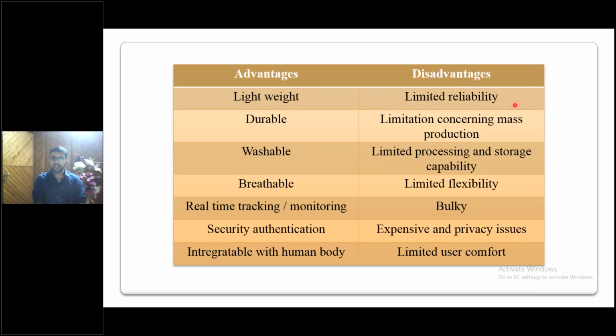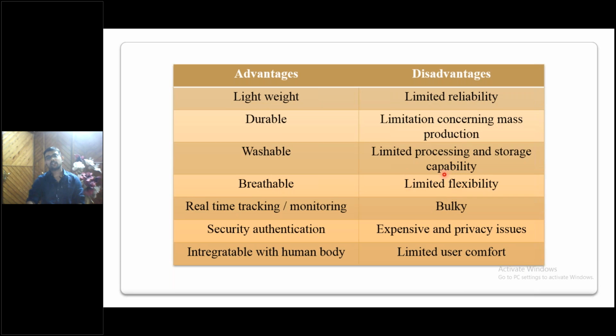Then we have limited processing and storage capability. That is another disadvantage. Limited flexibility. It's very simple: if you connect a lot of things in your fabric, obviously its flexibility has to be compromised. Bulky: if you don't make it flexible, obviously it will be bulky. So this is the main research gap. How to reduce the bulkiness of these